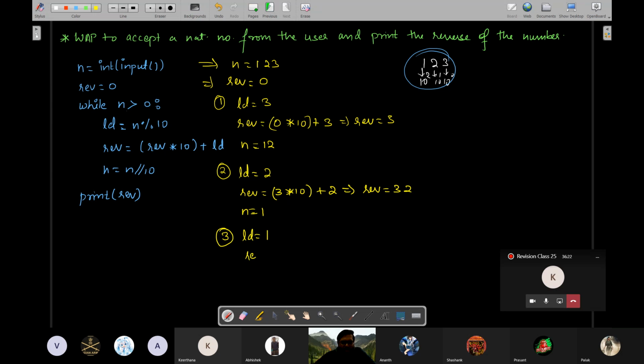Okay. Rev is equals to rev multiplied by 10. What is rev? Rev last value was 32. So 32 multiplied by 10, plus LD. LD was what? 1. Latest value is 1. So this will imply that rev will get a value which will be 320 plus 1, that is 321. N will become,